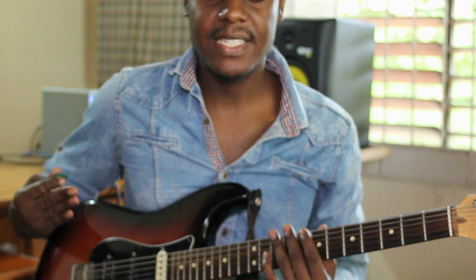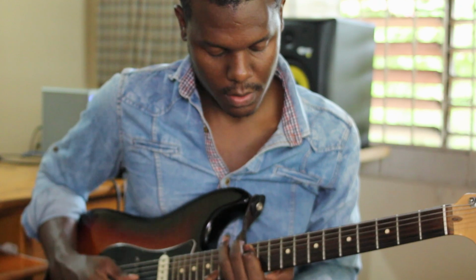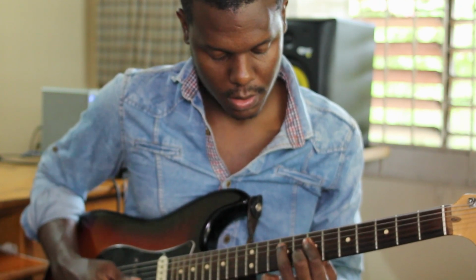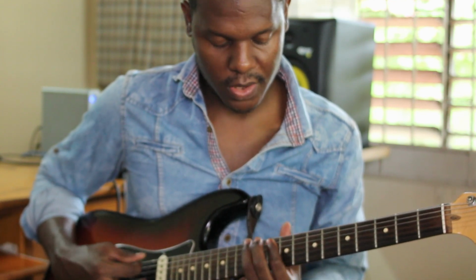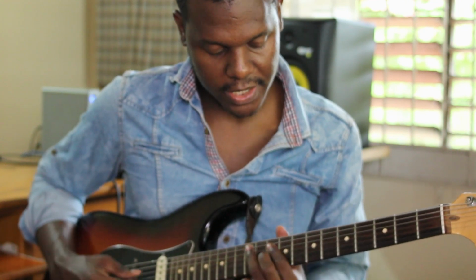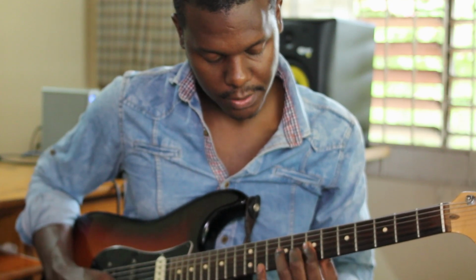We could practice this in various positions to get more comfortable. So for example here, that's using C, D minor, then C again, then F major, then G, then right here we have the A minor,